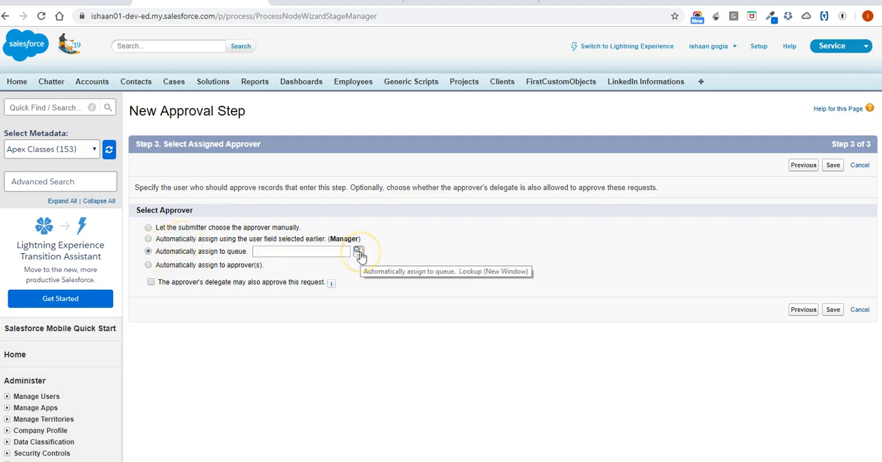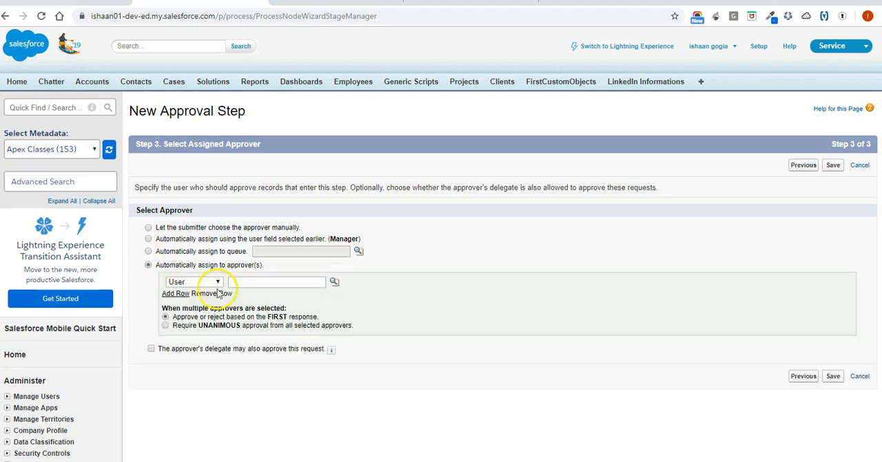We can assign it to a particular queue, and there it can be further assigned depending on the resource availability or any other criteria. Automatically assigned to approvers. Okay, we can specify the approver. Okay, automatically assigned to approvers says